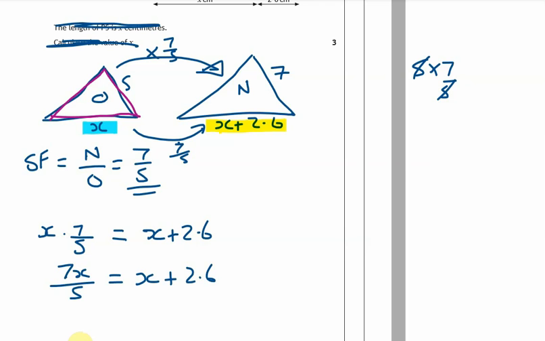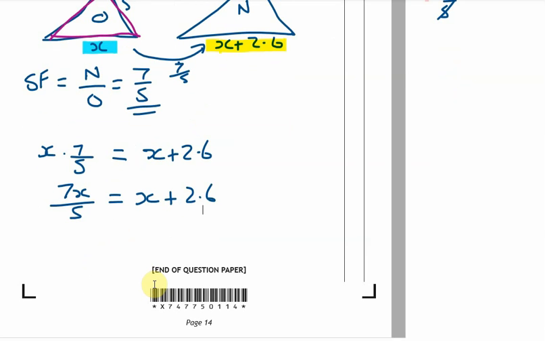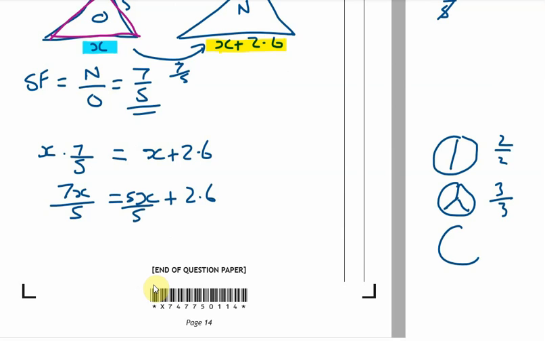Just before we go any further, okay? So 1x is the same as saying 5 over 5x, isn't it? Okay, like I said before, one pizza is the same as 2 halves. Yeah? One pizza is the same as 3/3. Yeah. It's the same as 4/4. Okay. So I've just done this so that when I move it over, I want to now get the x's to one side of the equation,